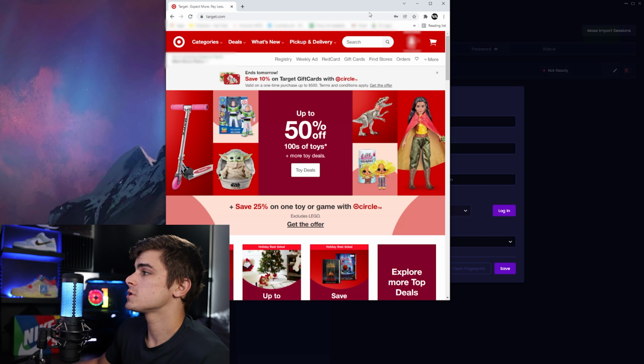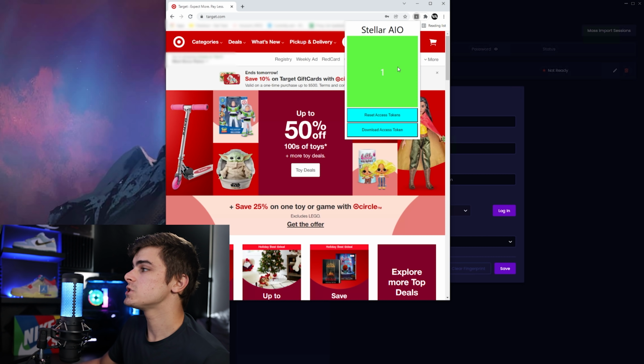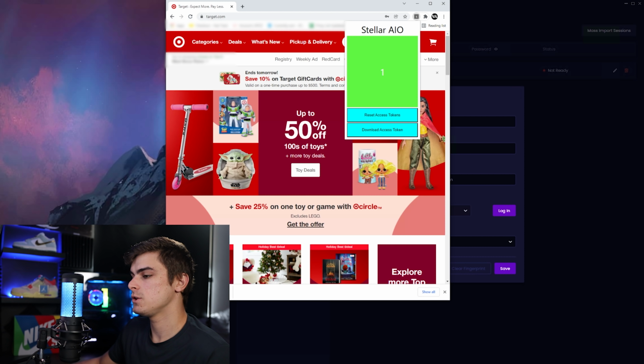So now we are officially signed into our target account, and all we're simply going to want to do is open up that Stellar Harvester extension that should be running in the background right now. So we just opened up the Stellar Harvester extension, and you can see now that we have 1 access token complete. So all we're going to simply do is hit download access token,